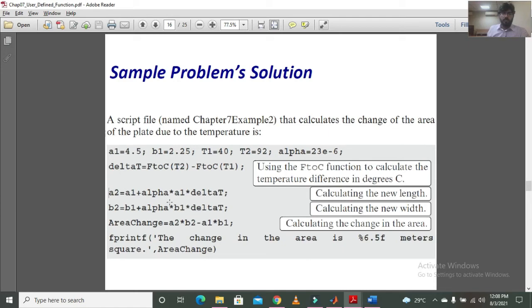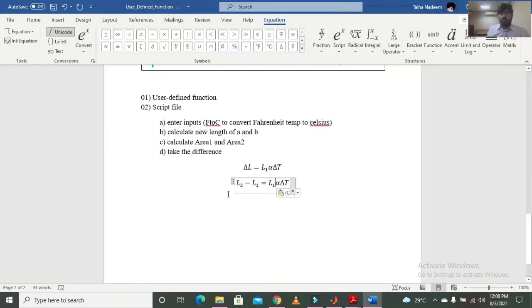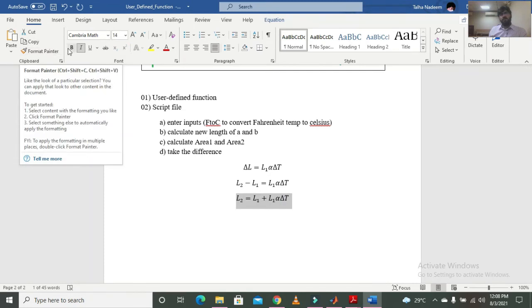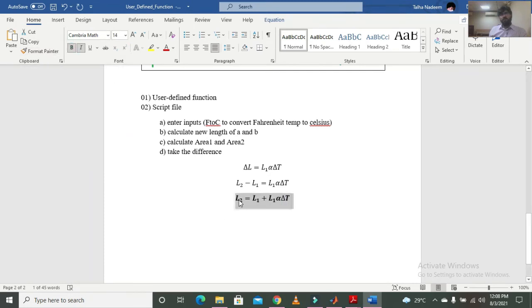So then the next step will be to send this to the right hand side. So we can directly use this relation as well to calculate the final length.